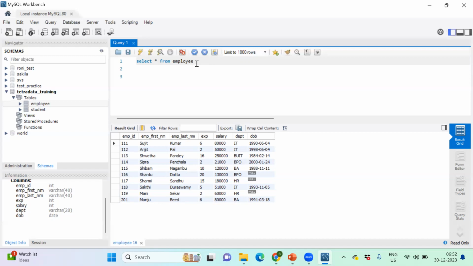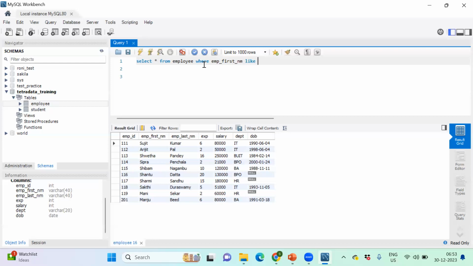So how can I search with only the letter A? We can search with wildcard pattern matching. Select star from employee where employee first name